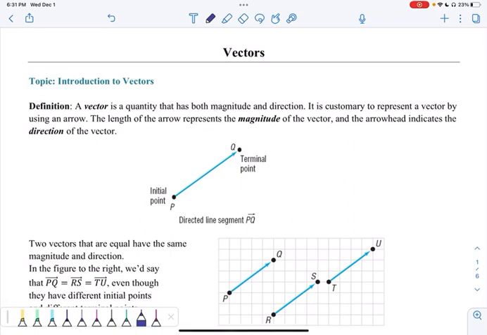We'll start with an introduction to vectors. A vector is a quantity that has both magnitude and direction. It's customary to represent a vector by using an arrow because we can say that the length of the arrow represents the magnitude or the size of the vector, and the arrowhead, or which way it points, indicates the direction